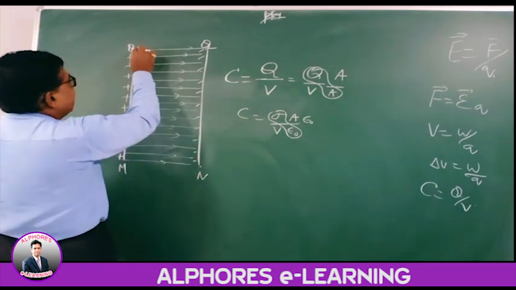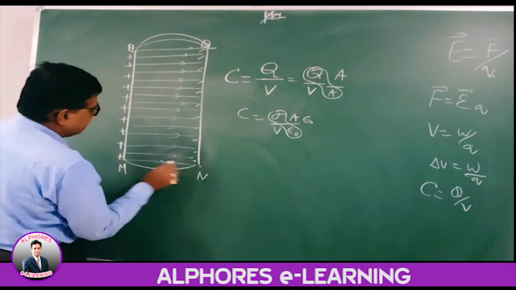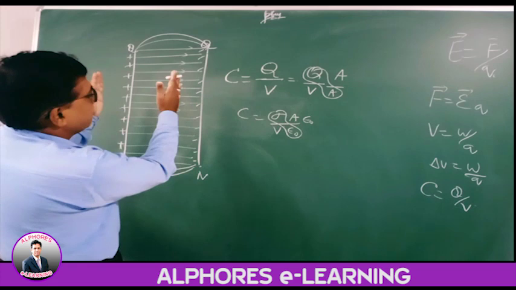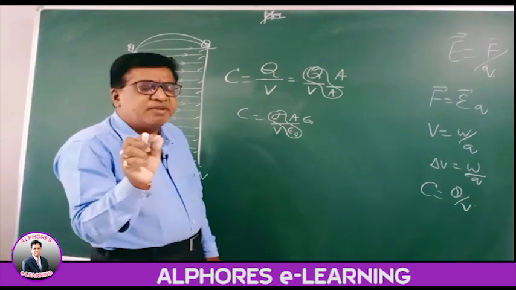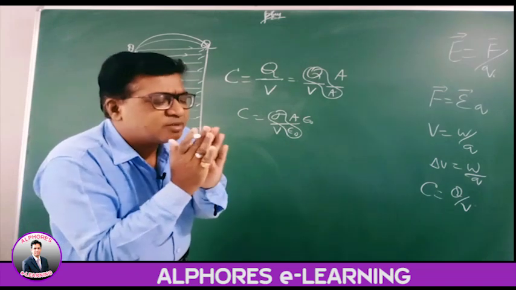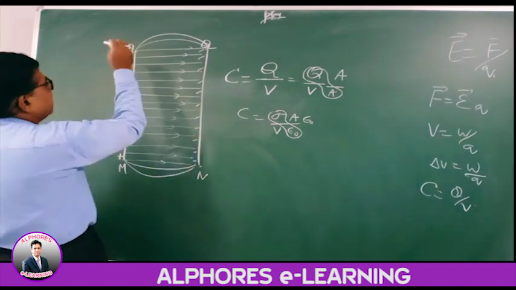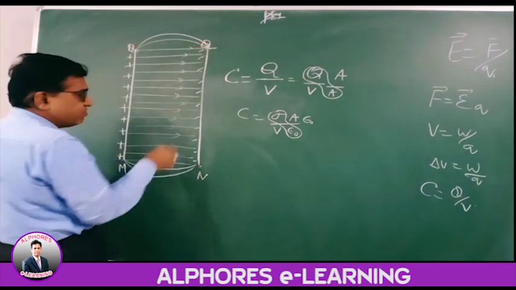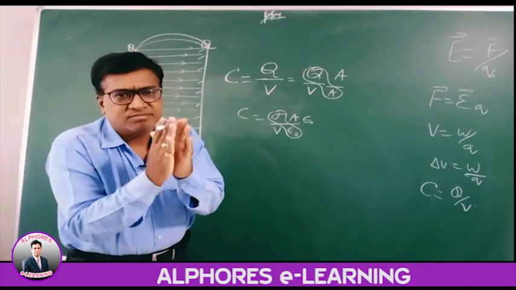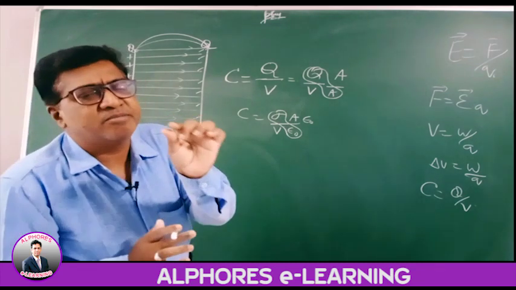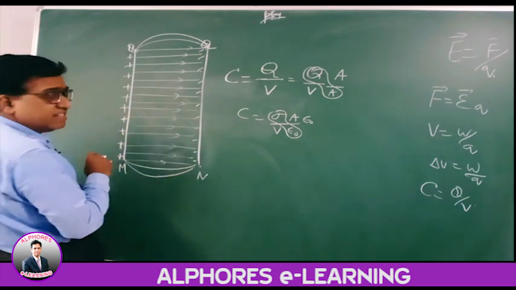Of course, at the edges there is fringing of the field, which is very minute because the separation between the plates is so small. The distance between them will be in millimeters. So for that small separation, the fringing at the edges is negligible. I have drawn it widely spaced here, but actually the plates are very close. So a uniform electric field is set up between them.